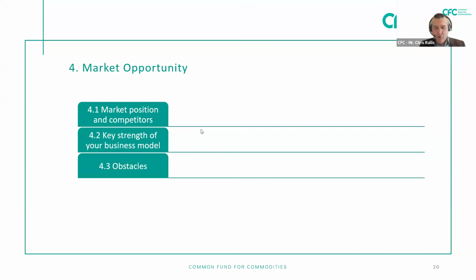Now, in section 4.2, key strengths of your business model is where you have the opportunity to showcase your company. So try to make a list of the positive, the good points of your application, and feel free to think creatively. For example, do you have a niche product or a very high quality product that differentiates you from other competitors? Or do you have only one product or many products? Do you have a unique selling proposition relative to your competitors?